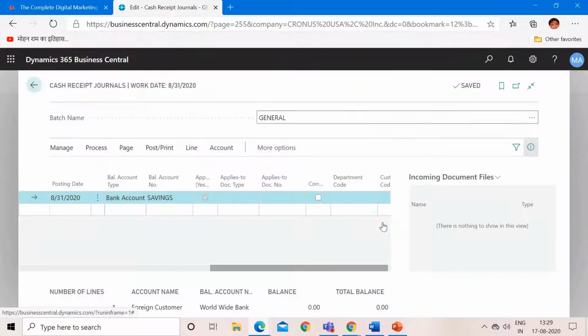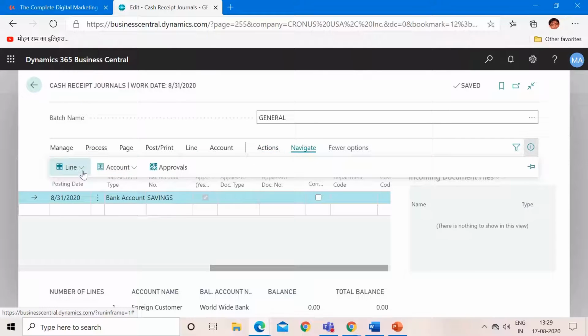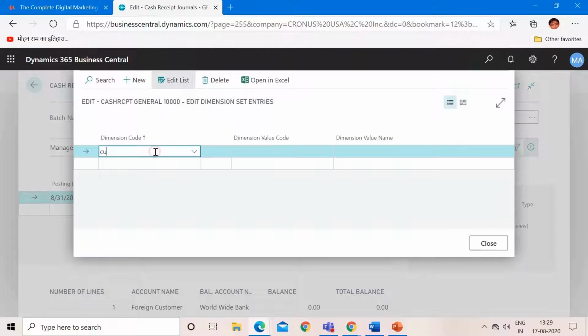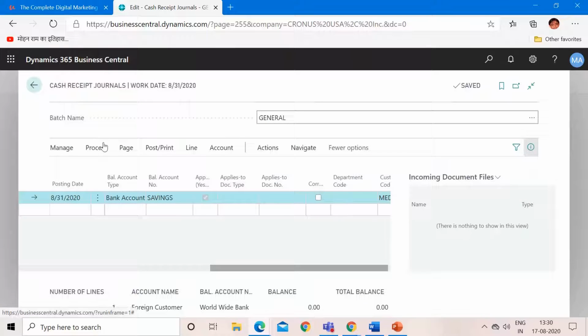Okay, we have to provide the dimension also. So for that we have to check more options or navigate. Okay, line and dimensions. Here let me input the customer group as medium. Click on close and now post it again.